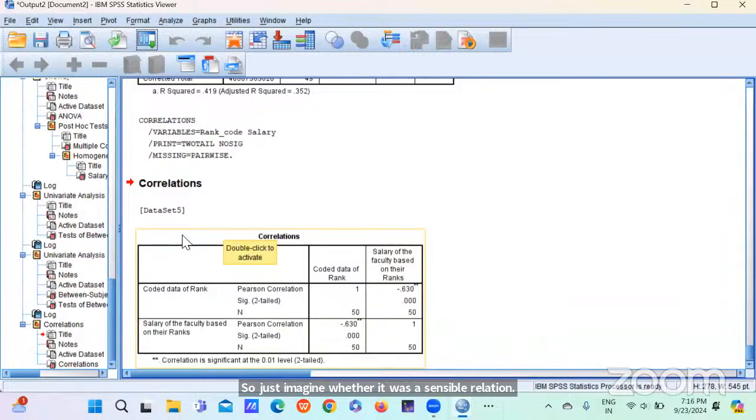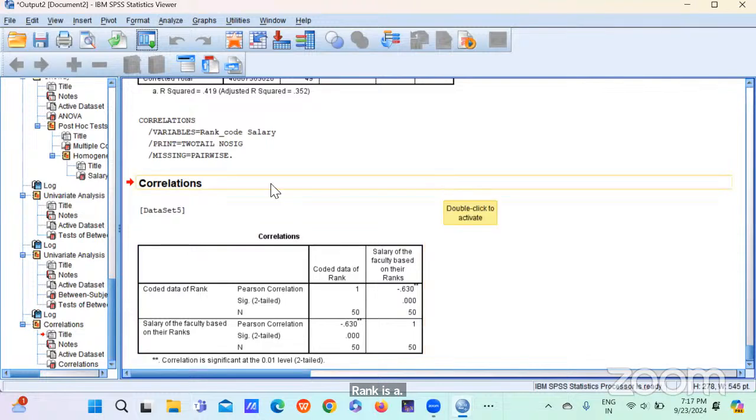No. Right? Salary is continuous data, and rank is qualitative data. So you click anything, you will get the answer because